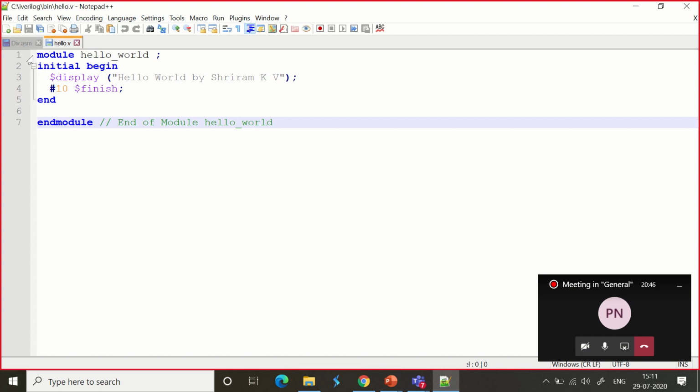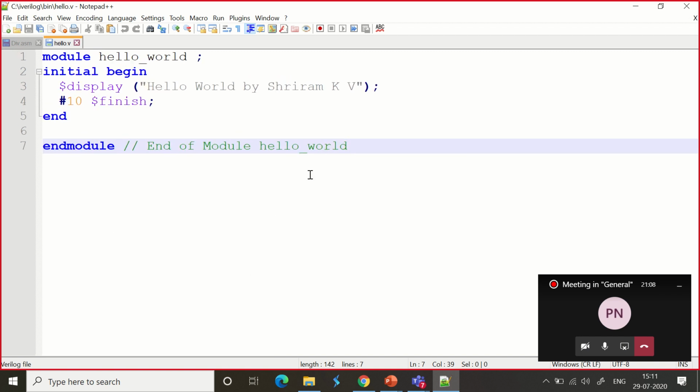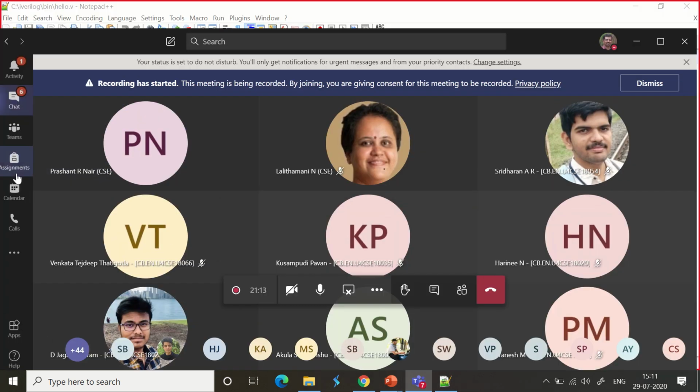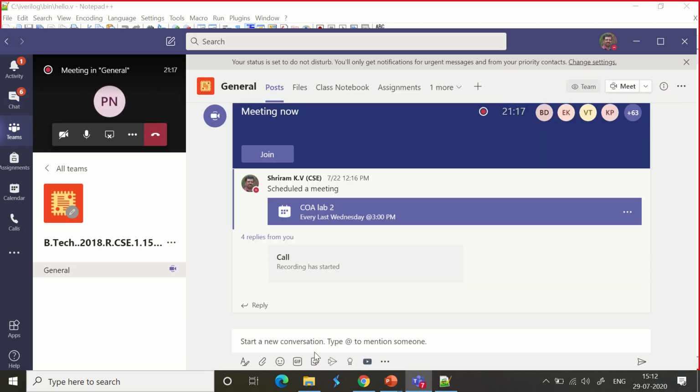This is the simple code that we need to keep ready, and please use the extension .v. The name of the file has to end in .v, and it must be kept, you have no options, inside the C drive, inside iVerilog, inside bin. You need to store it, and it is mandatory. So once you keep it, this is the code that I will also copy paste in your chat window, so that you can easily use it. Let me go ahead and do that right away.